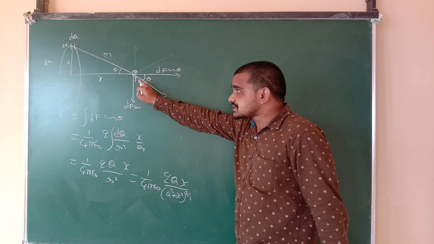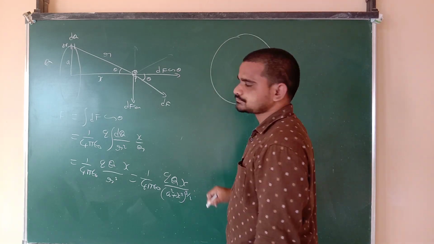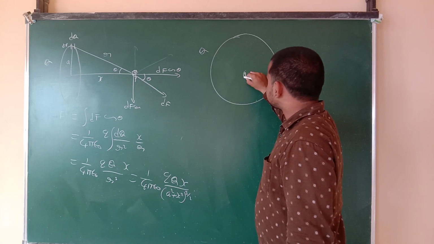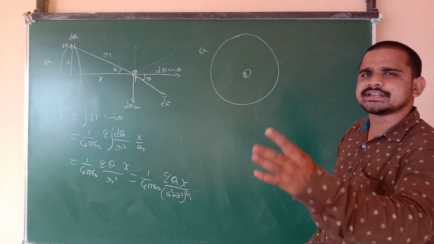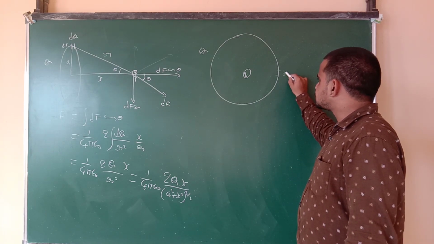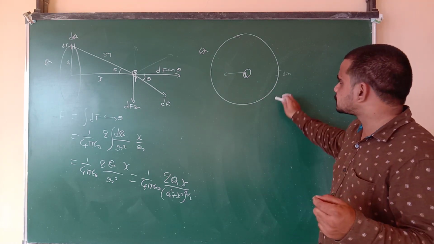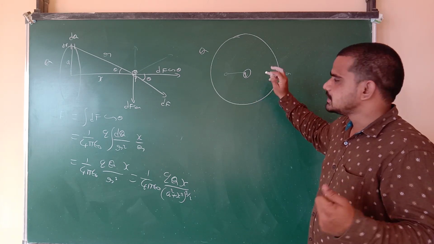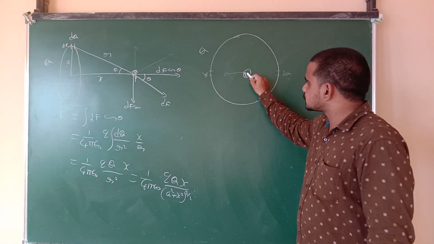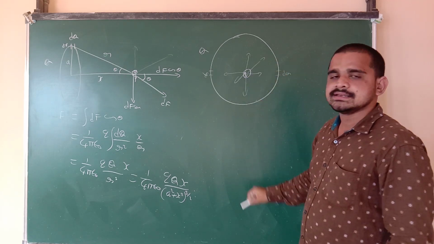Now let's consider the same charge kept at the center of the ring. Ring with charge capital Q, and here I am keeping small q at the center. What is the net force on this? The small part dq will apply a force in this direction, 1 by 4 pi epsilon naught dq q by r squared, where r is the radius. And here also I have a dq, which also applies a force in this direction. In this way, in all directions the forces cancel, resultant 0.